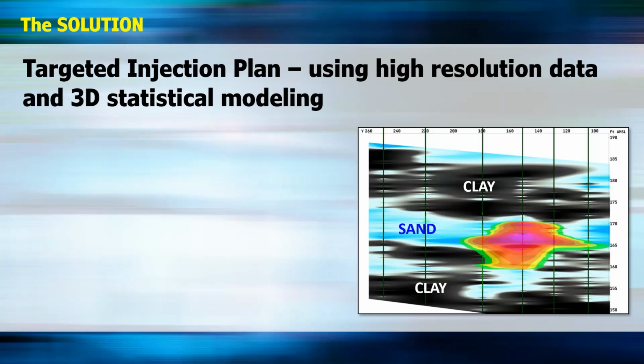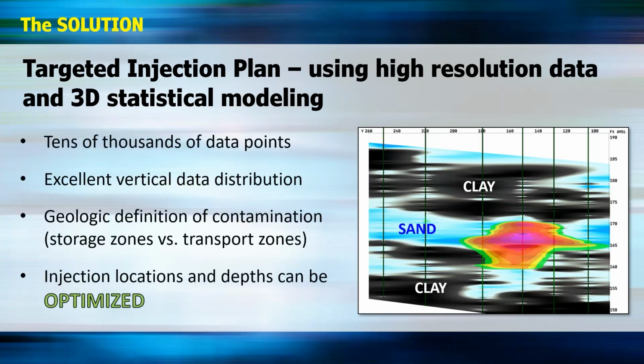A cross section is shown there where we can determine where we have both clay and sandy soils and where the contamination is located. And this is basically from using high resolution data. Because it collects tens of thousands of data points, you really get really good vertical data distribution. You can determine where you have both your storage and transport zones, and this really means that injection locations and